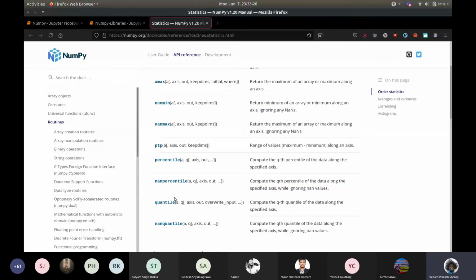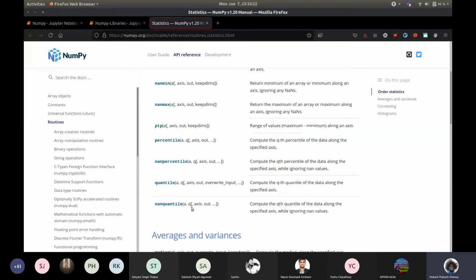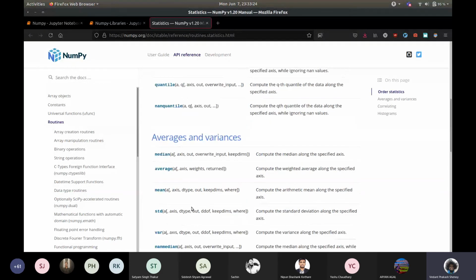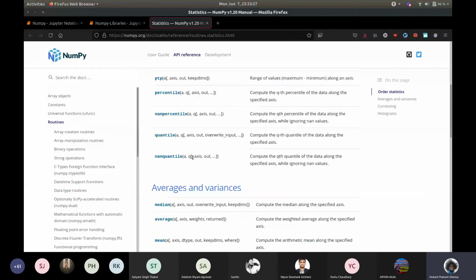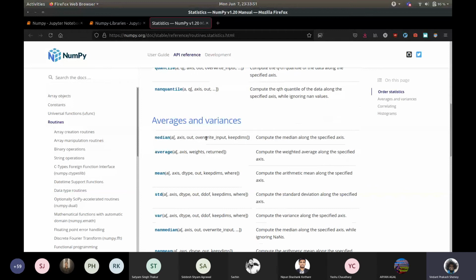Statistics, again, you can get quantiles, you can get percentiles. If you know what they are, then you do. If you don't, look them up and just find out how awesome it is that NumPy gives you this functionality. Because if you want to implement this in something like C or C++, every time you want to take a quantile, you'll have to write a function in a program saying, first sort it and then find the middle and then find, too much work. And NumPy just gives it to you almost for free like this.